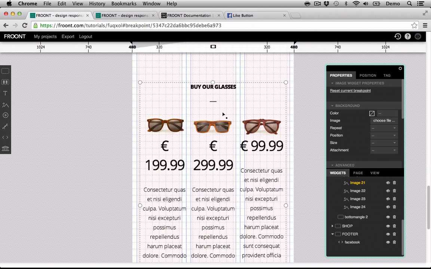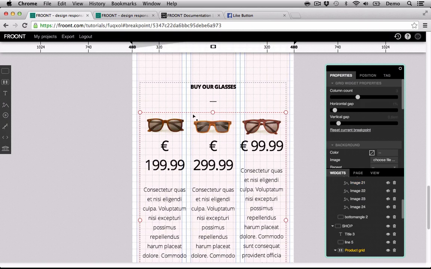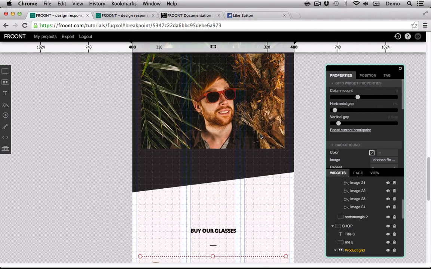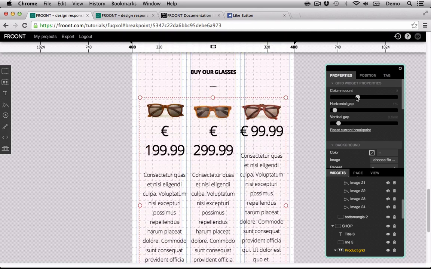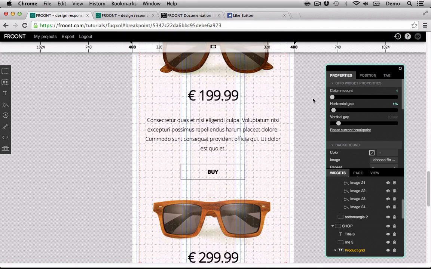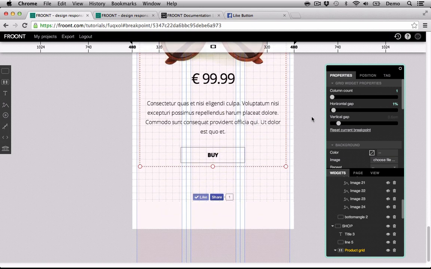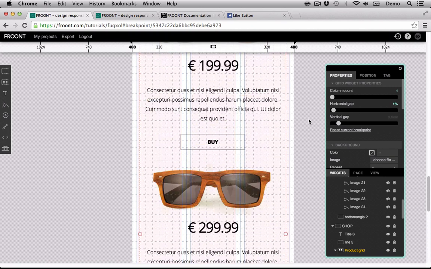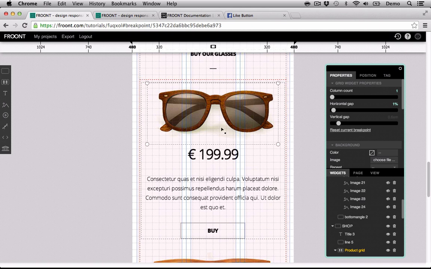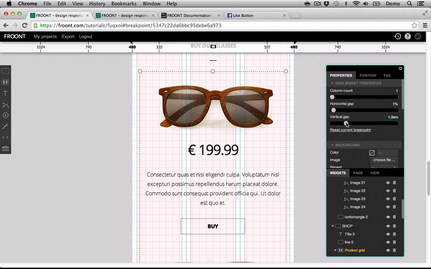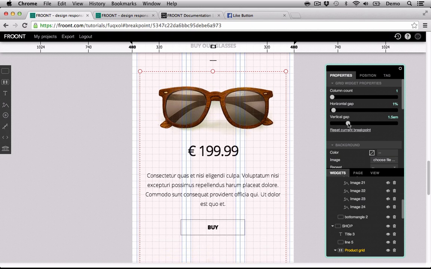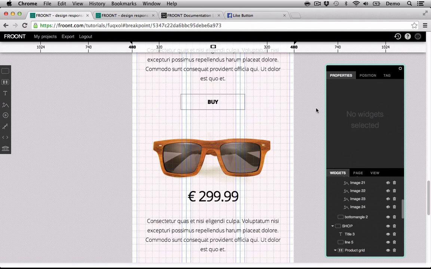And now we want to break those columns to 1 for the shop. It's the same as we did in the gallery section. Let's change column count to 1. Yeah, it looks really nice. And even if you want, you can change the vertical gap between products. Let's set it bigger, space between products,